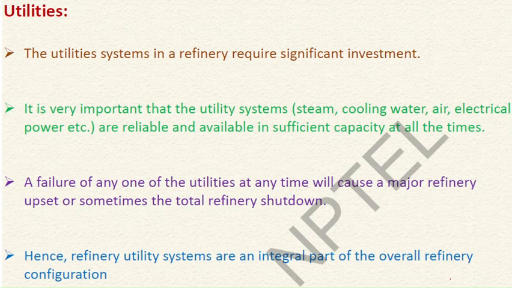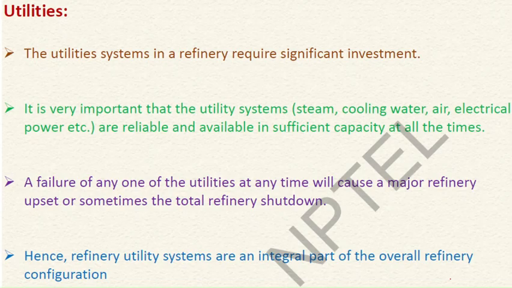Now coming on to utilities. Till now we have studied various processing. Utilities are basically the essential requirements which govern our distillation. Without these utilities you cannot run a plant. It's not like you just have a distillation column and you can do distillation and run a plant. No, it is not possible.